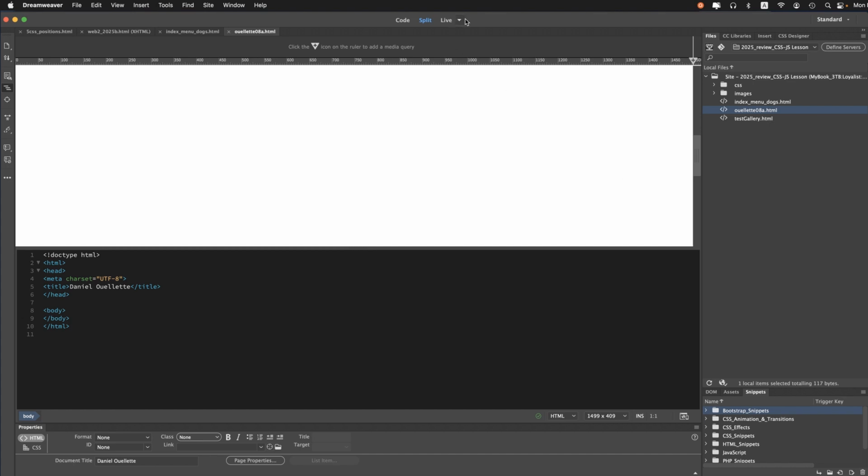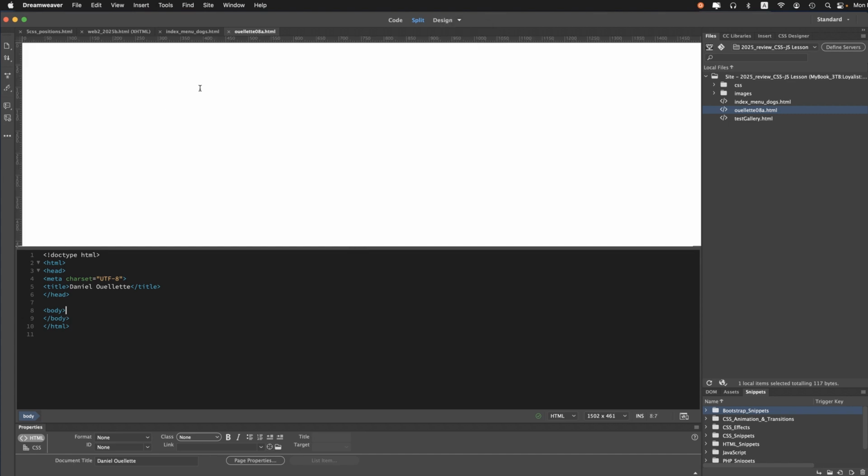I could leave it on live. I think I'm going to switch over to design mode for now. Maybe come back to live mode later when I start to apply certain effects. But for now, I'm just going to click in my design view at the top. And I'm just going to insert the big chunks, if you will. All right, a number of ways I can do this, but I think I'll start with the insert